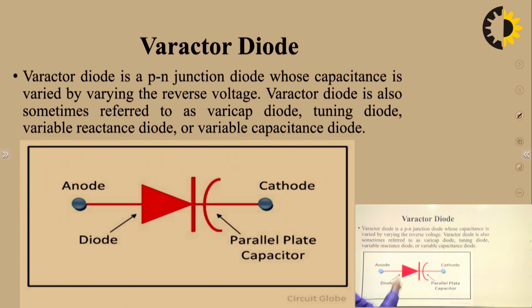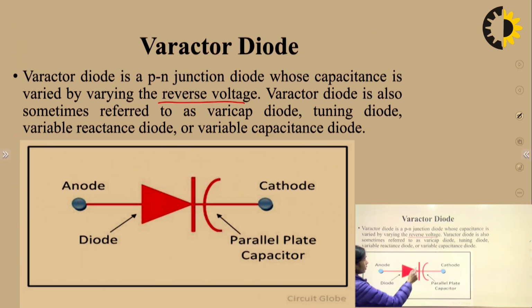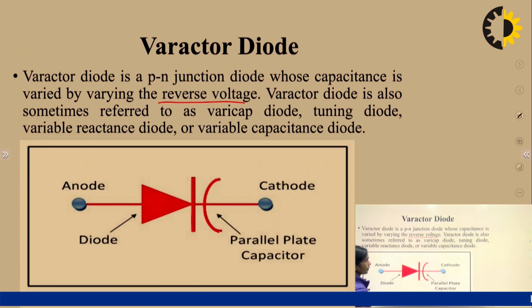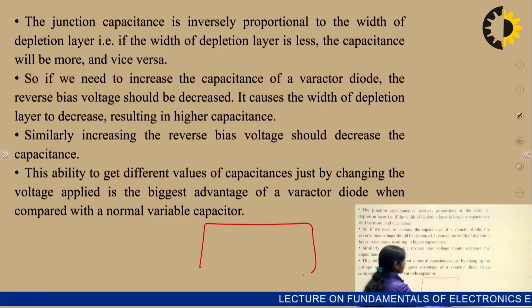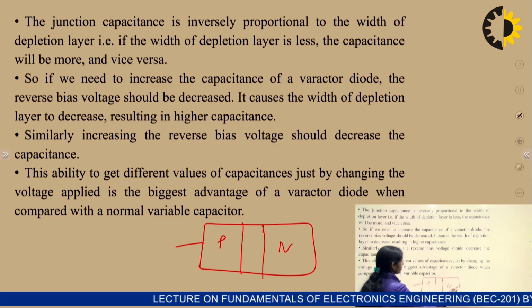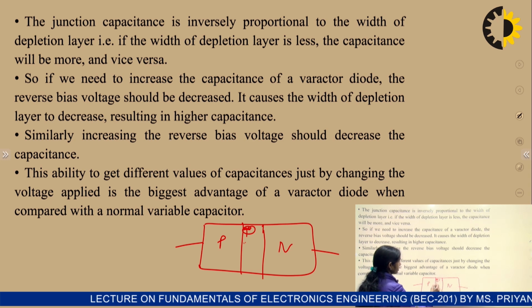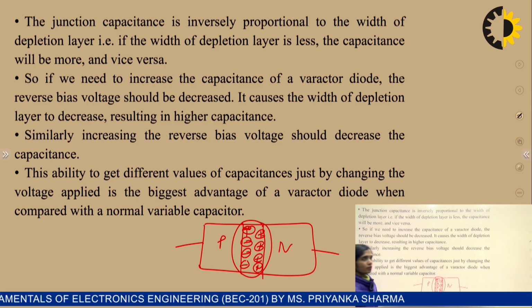It basically operates in reverse voltage. The varactor diode symbol can be seen here. In the diode symbol, we insert a capacitor, which indicates it is a variable capacitor diode. It comes from the concept that a PN junction diode has a depletion layer between the P-type and N-type, and this consists of immobile ions. One is a negative plate and one is a positive plate, so it generates a capacitive effect. That means we can have a capacitive effect in a PN junction diode.